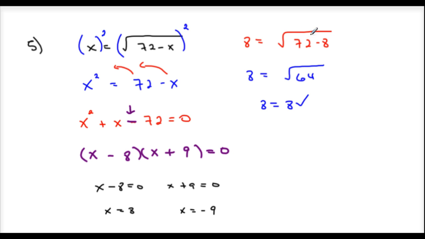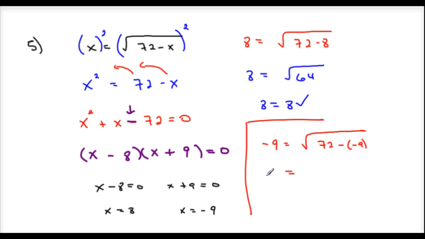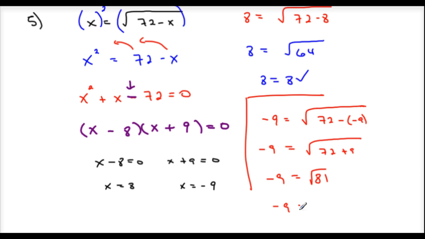Now, when we're taking the square root of these numbers, we're looking for the positive solutions. Okay? If it doesn't come out as a positive, then it's considered an extraneous solution, which is written on your packet there. Extraneous solution. So if we test negative 9: negative 9 equals square root of 72 minus negative 9. Negative 9 equals the square root of 72 plus 9, which is equal to square root of 81. And we want just the positives here, so this is negative 9 equals 9. So negative 9 here will be considered an extraneous solution, so the only solution I want to use is x